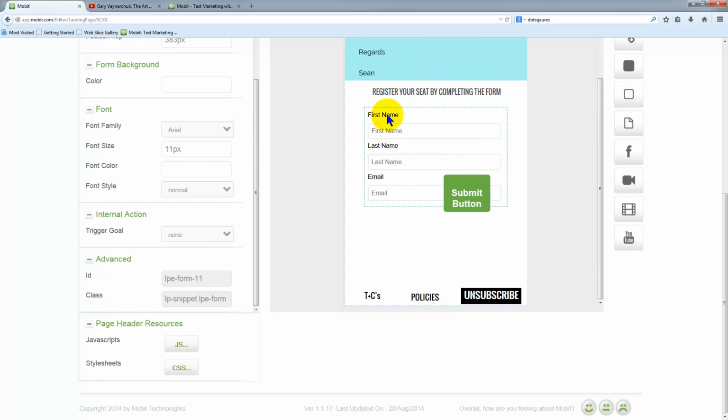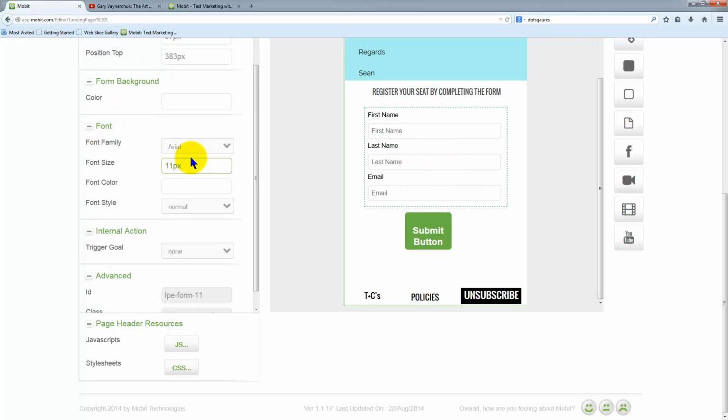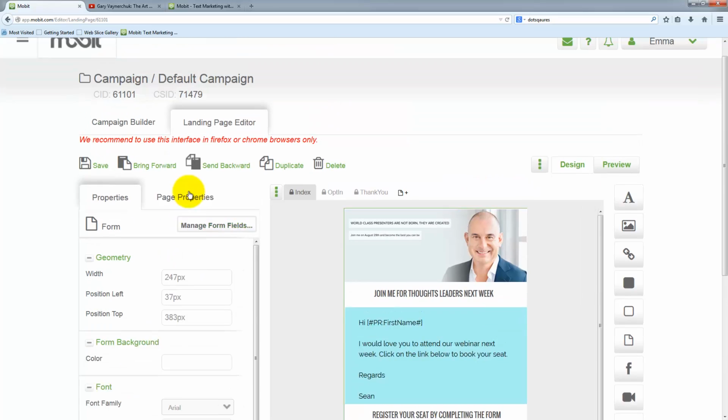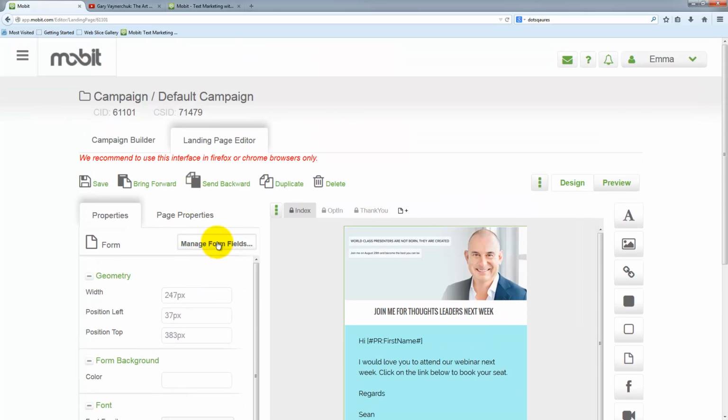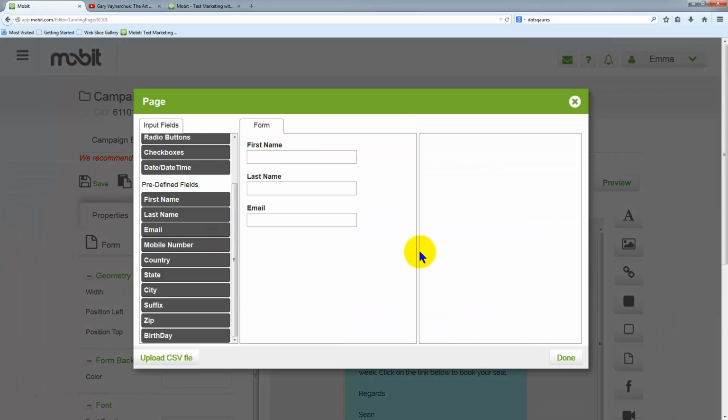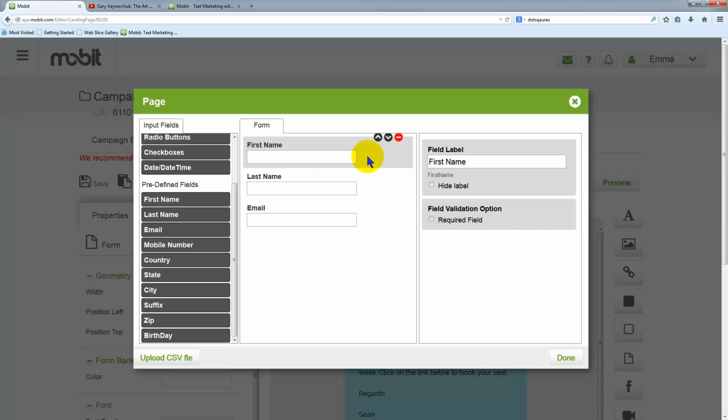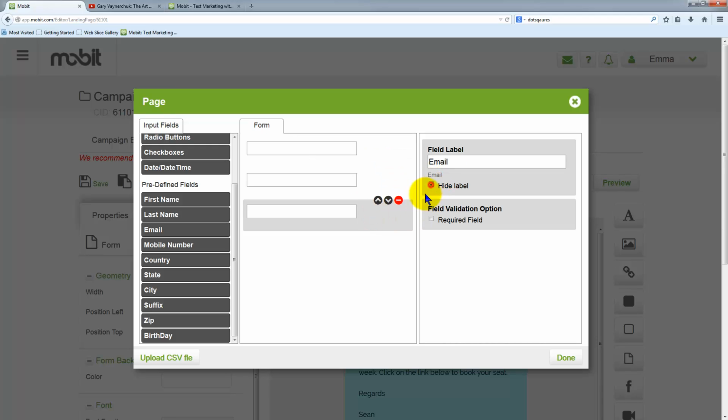Now, you see we've got labels. We've got first name with first name, last name, last name. Well, that's pretty hopeless. So what we're going to do is click once on the form. Okay, once on the form, scroll up to the top of the page, and click on this little fella here, Manage Form Fields. Now, just to the side of the form field, click there and it'll turn grey. And if you click on this little fella here, Hide Label, that name will go. And click on that one and click on that one, but the label will still show inside the box here,